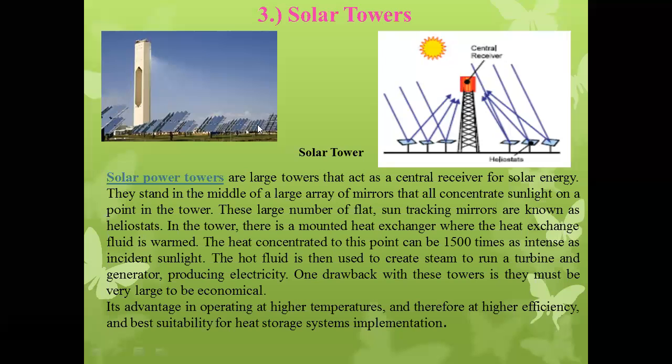In the case of the parabolic disc collector, we have seen that after reflection from the concave surface of the disc, the total solar radiation gets concentrated at a single point, that is the focal point. Similarly in this case also, after reflection from the mirrors, the whole reflected rays get concentrated at the tower central receiver point.